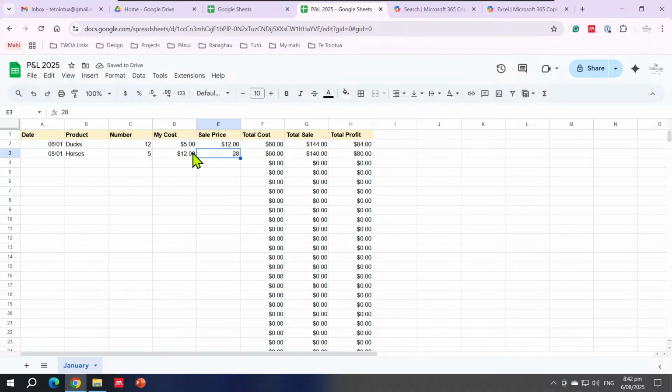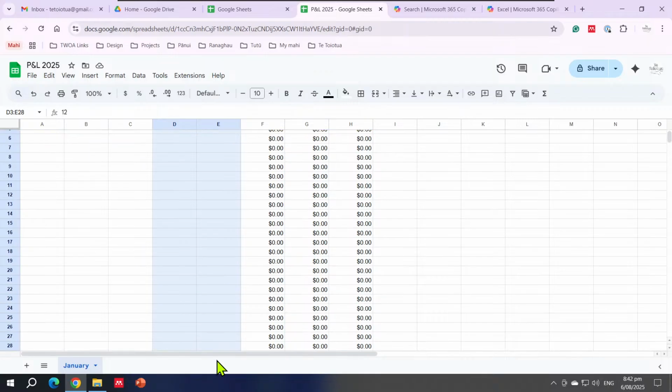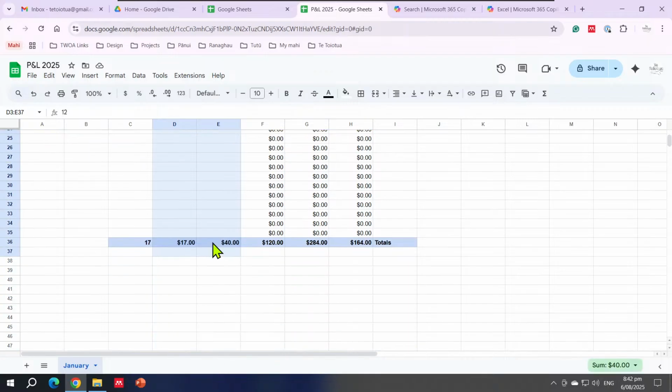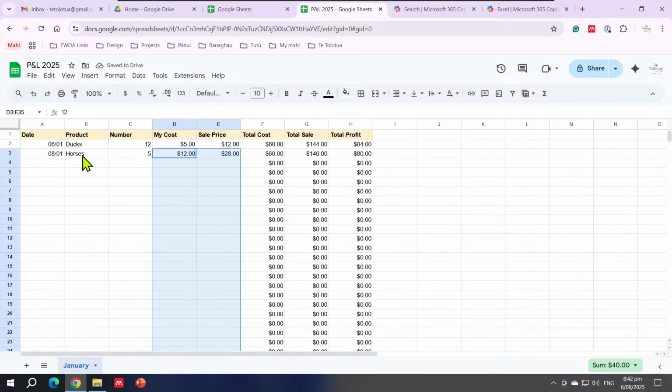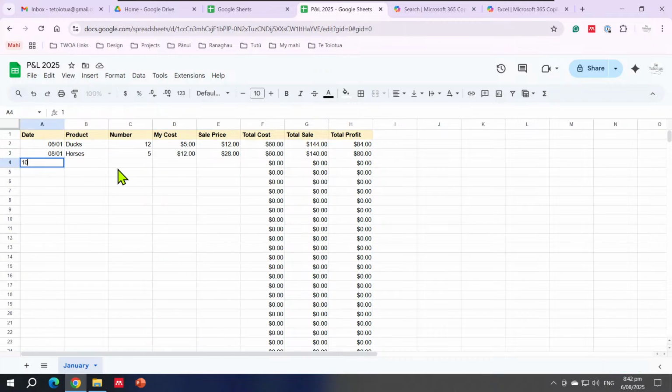So these have defaulted back just to automatic. So what I'm going to do is highlight all of these, highlight those whole areas, and I'm going to click on dollar value now. So now, as I fill it in, 10th, 01,